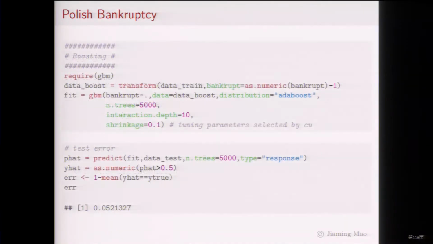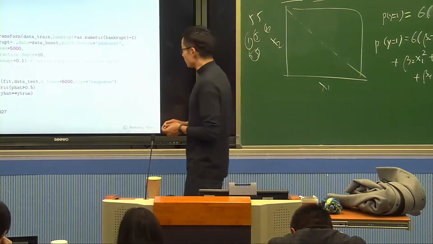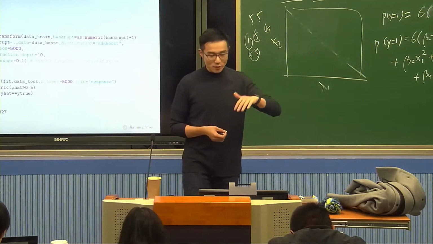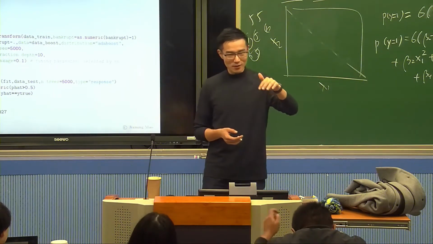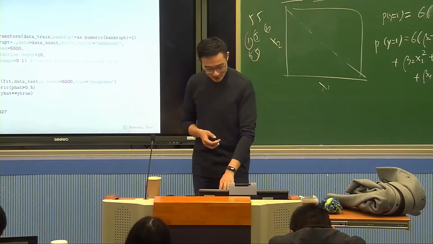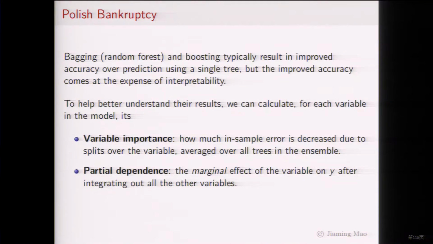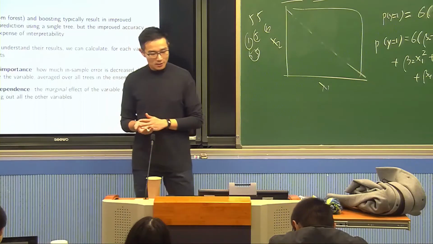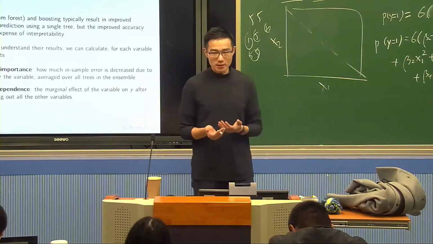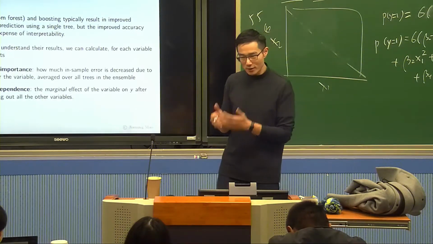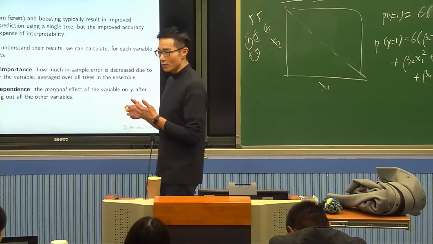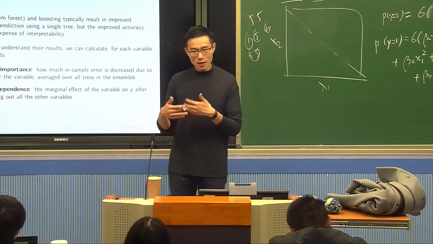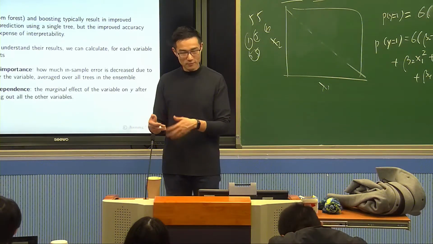Okay, so basically by doing this, we increased our accuracy, decreasing the error term from 80% down to 5% error. Then the question is, we have improved our prediction accuracy, but what does it actually mean? I'm interested not only in predicting, but also in interpretation. I want to know what are the variables that are important to help me predict bankruptcy, or most correlated with